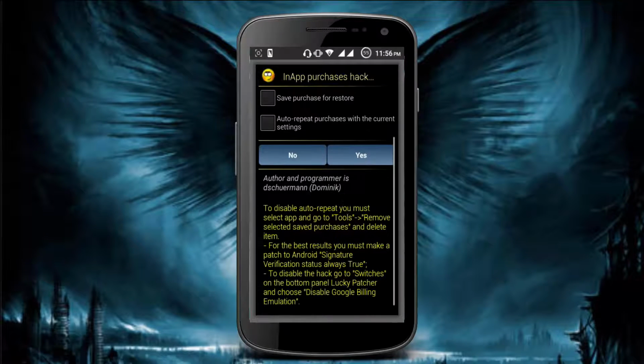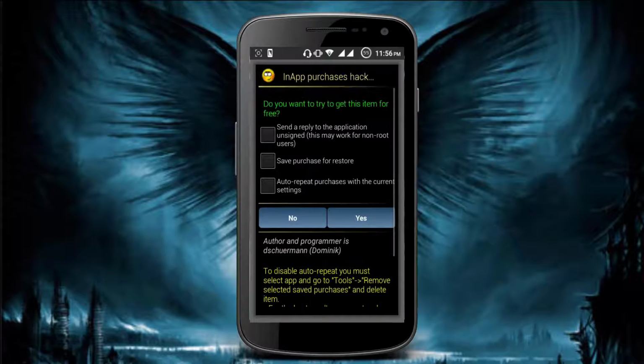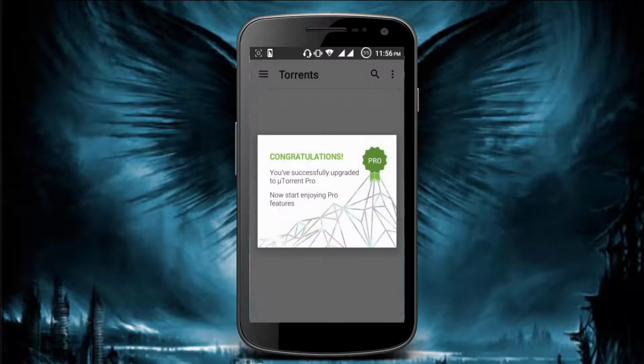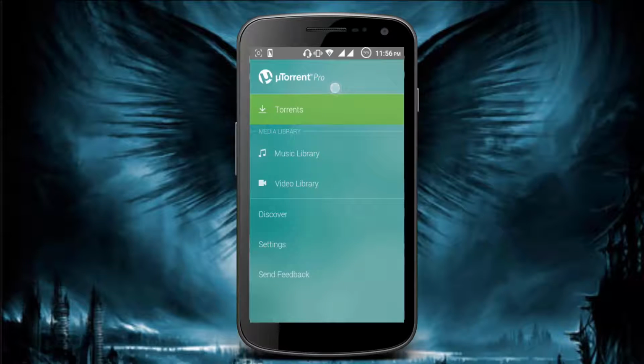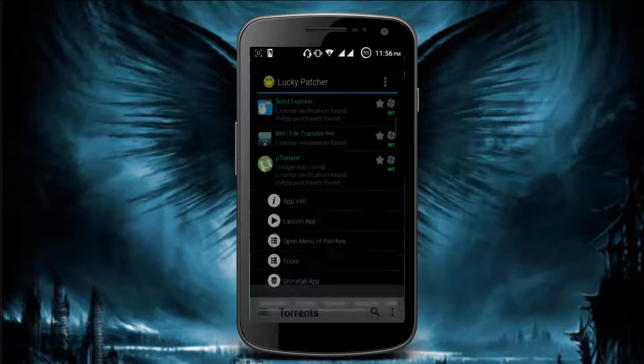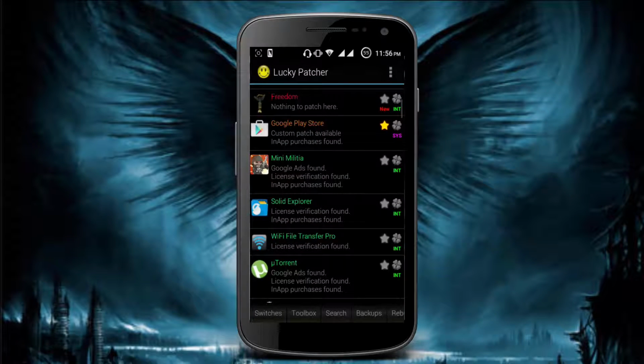and see here it gets opened automatically, and just press yes. That's all. Congratulations, you are successfully upgraded to uTorrent Pro. You now start enjoying Pro features. That's all guys, we have upgraded uTorrent to Pro. You can see here uTorrent Pro version, and the same we can do for many other applications, like for example take